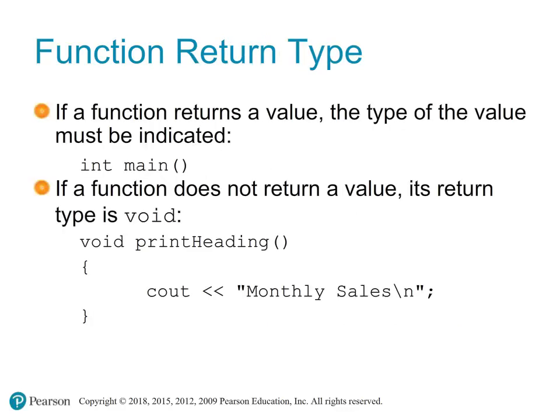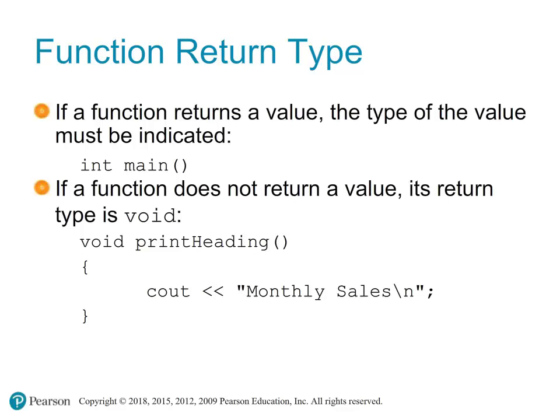If a function is designed to return a value, you must indicate the type of that value. This is known as the function's return type. In this example, the main function returns an integer value, indicated by int before the main function. If a function doesn't return a value, its return type is void. This means the function performs an action but doesn't send any value back to the part of the program that